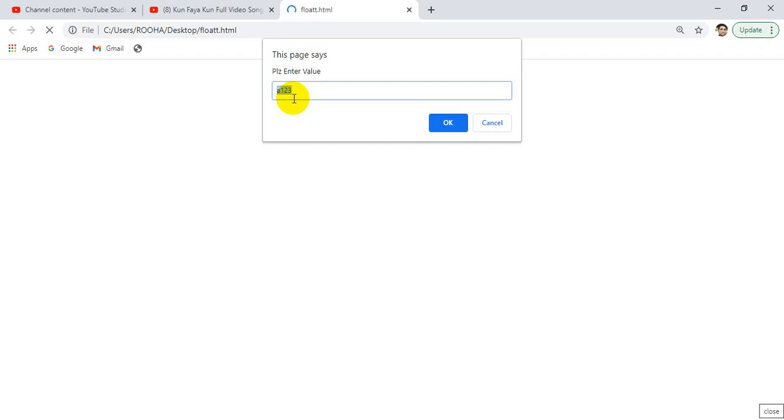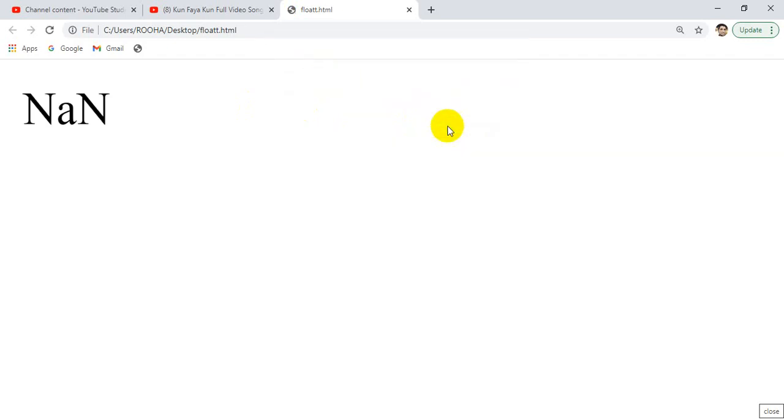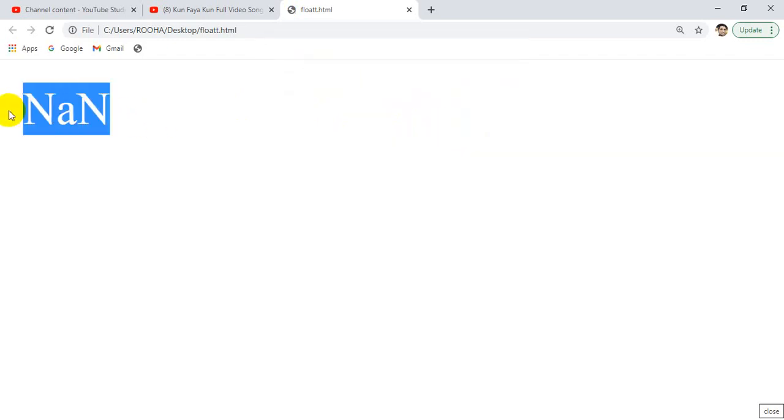So when you click on OK, that value will go to your parseFloat function. The parseFloat function will take the first value of your string. What is the first value? The first value is A, and A is not a number. A is a character. So when this value is forwarded to parseFloat, it will read A and say it is not a number. It will not move forward. Click on OK. What is the result? The result is not a number.